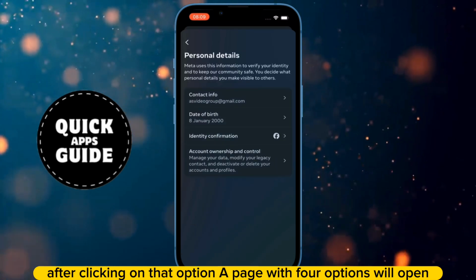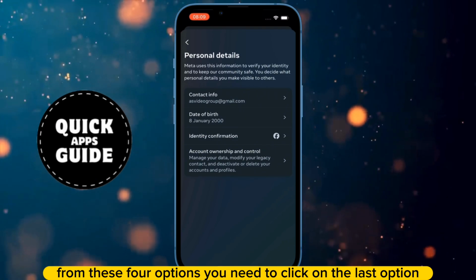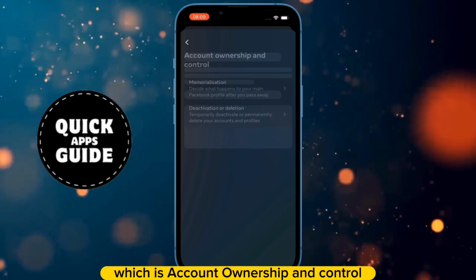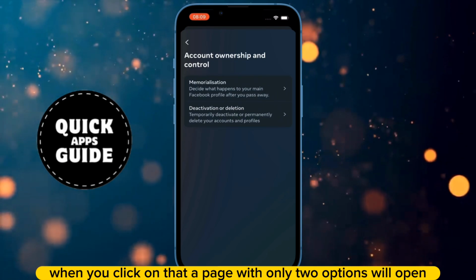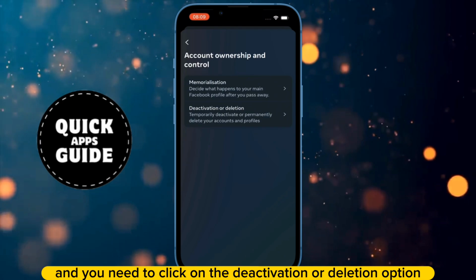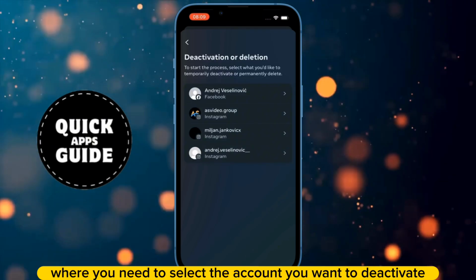After clicking on that option, a page with 4 options will open. From these 4 options, you need to click on the last option, which is Account Ownership and Control. When you click on that, a page with only 2 options will open, and you need to click on the Deactivation or Deletion option. When you click on that, a page will open where you need to select the account